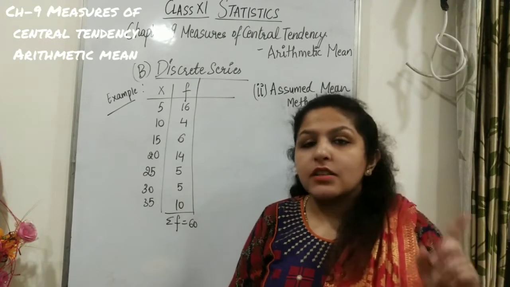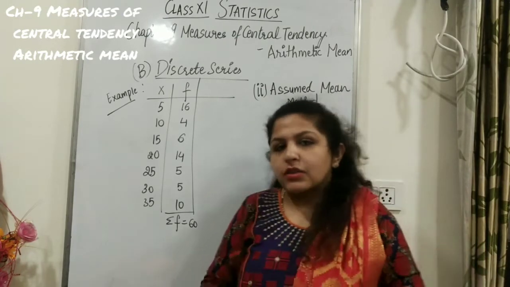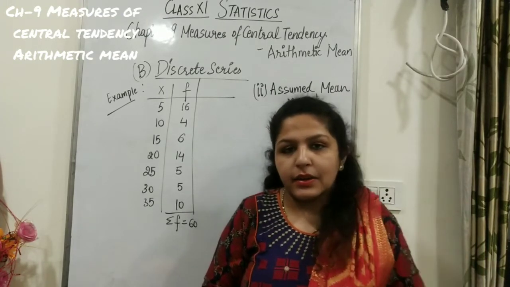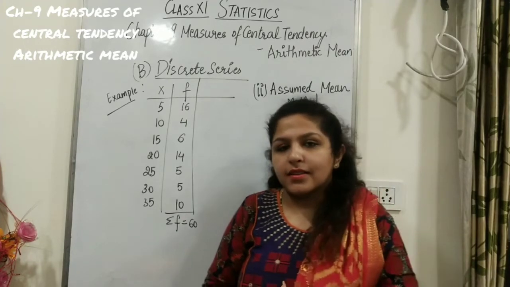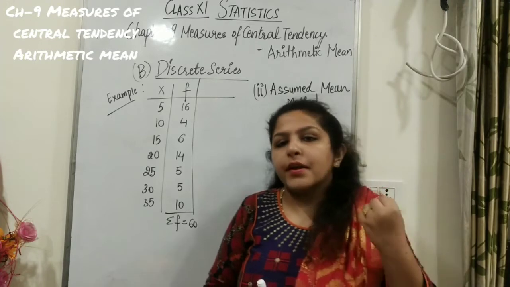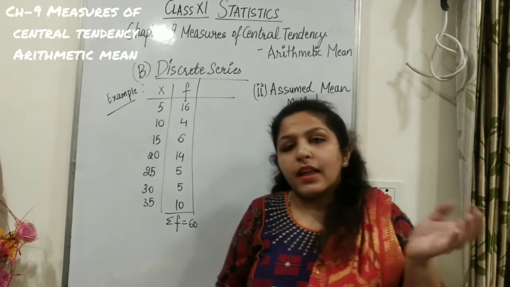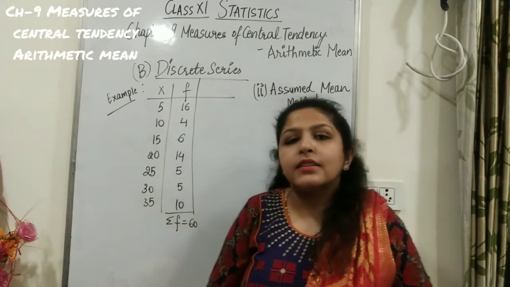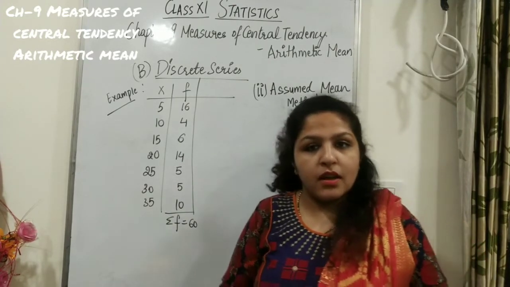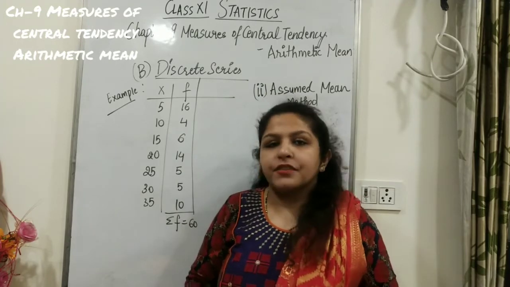Your economics teacher is here to continue chapter number 9, Measures of Central Tendency: Arithmetic Mean. In the first video of the chapter, I covered the three types of series. I told you that there is individual series, discrete series and continuous series. And we started doing the questions of arithmetic mean for individual series, where step deviation is not there. Then for discrete series, we started with the first method, that is the direct method. So today we'll cover the entire discrete series and further.